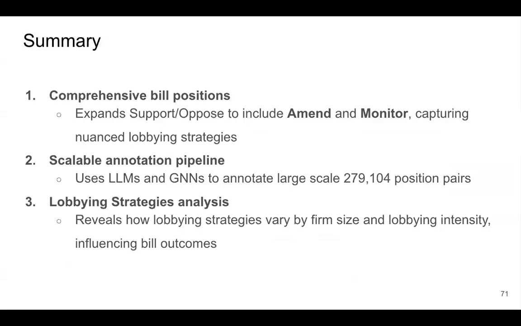There are thousands of interest groups, and then thousands of politicians and lobbyists involved in this really messy network. But it does look promising to use LLMs and GNNs to do this computational political science.